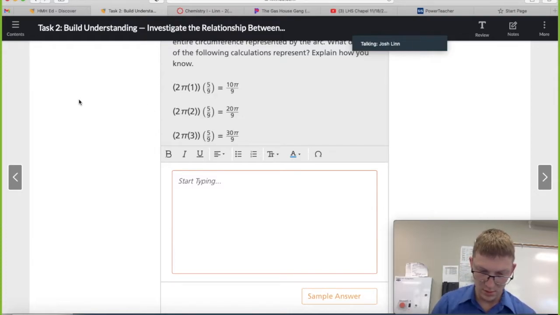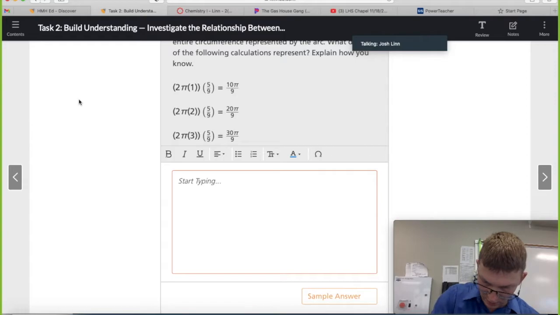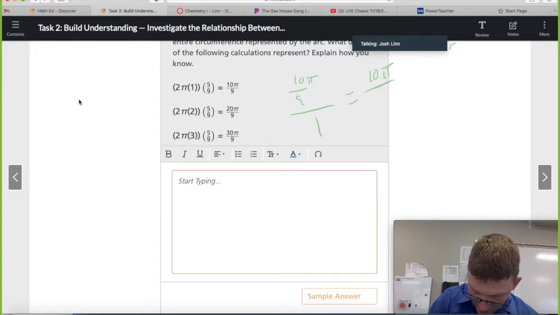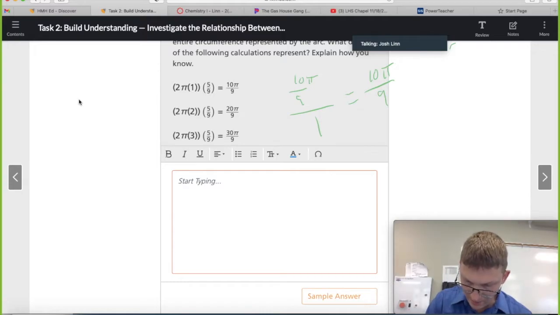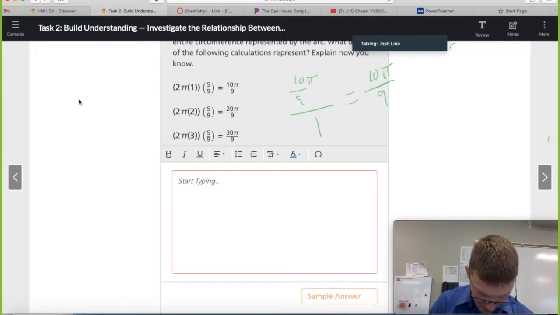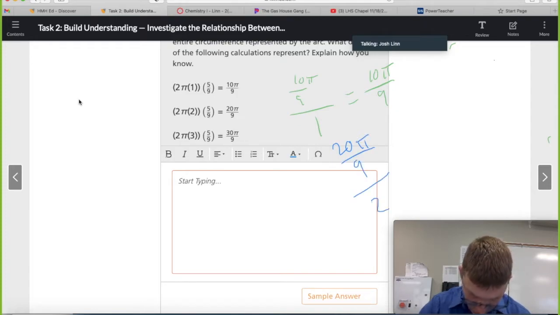So we'll just do 1 or 2 of them. So we've got 10/9 pi over the radius of 1, which equals 10 pi over 9. Then I'll switch colors here. So then we've got 20 pi over 9 divided by 2. So we have our radius of 2, which then equals